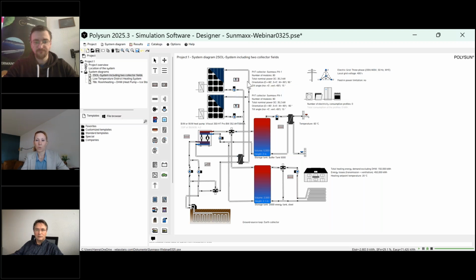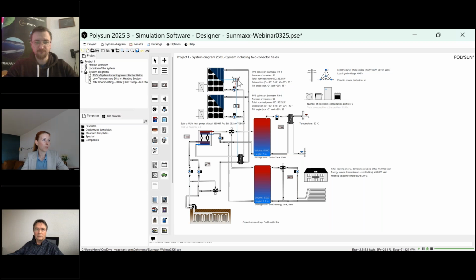But we also have a freely programmable controller where you can insert almost any logic that you also want to try out in your real plant later on. It always depends on where you want to go with your system or which questions you want to answer with the simulation tool. But I think the nice part is that you can also do it on a very high level and easy and still get valid results.